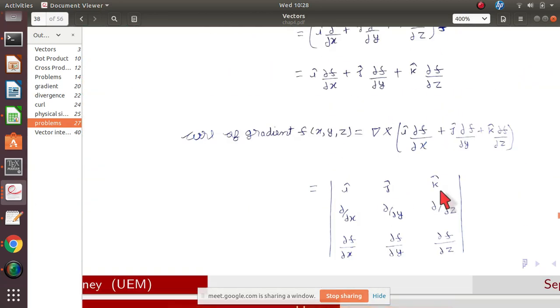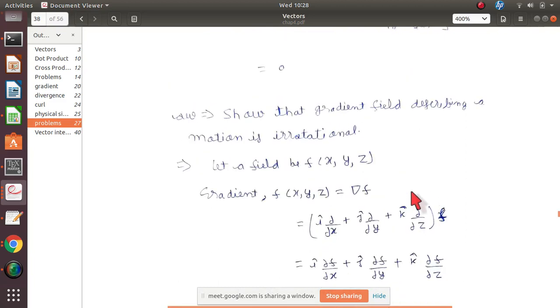I did not understand the question. Okay, just read this question one time by yourself and tell me if you are getting any idea what this question is asking, then I will tell. If the gradient field is decreasing, motion is irrotational? Decreasing? I have not written decreasing anywhere. It is describing this. Assume that this question is in an exam and tell me what you understood after reading this question.